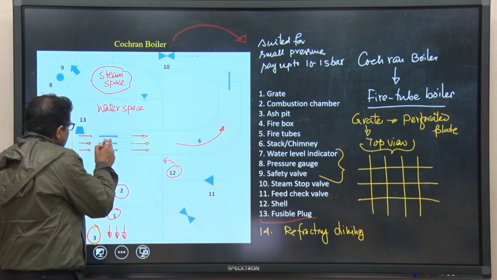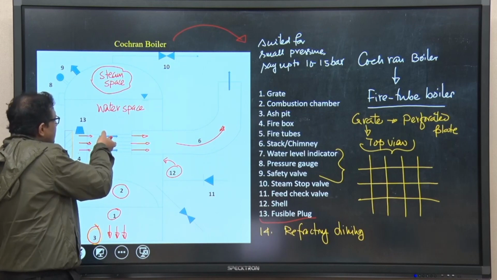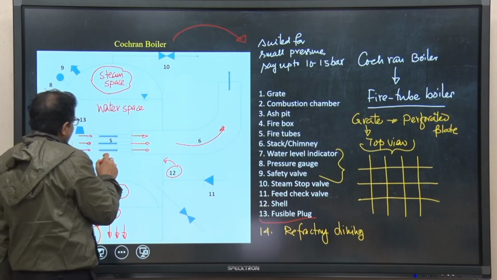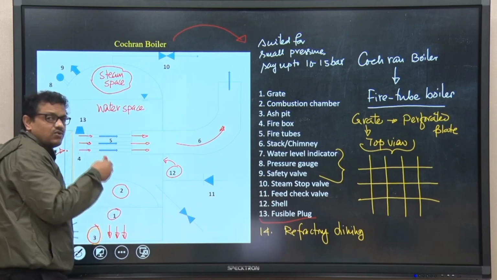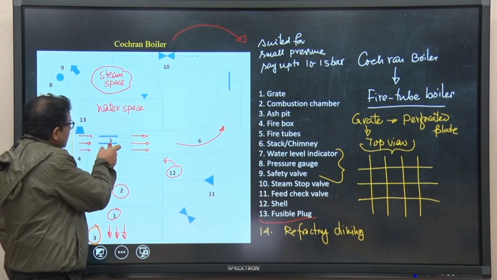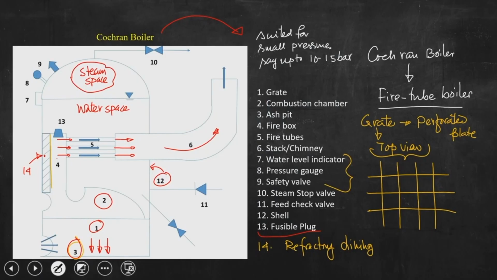The water is allowed to pass through the shell, and the steam which is produced is collected at the top of the water surface. Finally that steam goes into the turbine through the steam stop valve. So, I can write that basically 11,